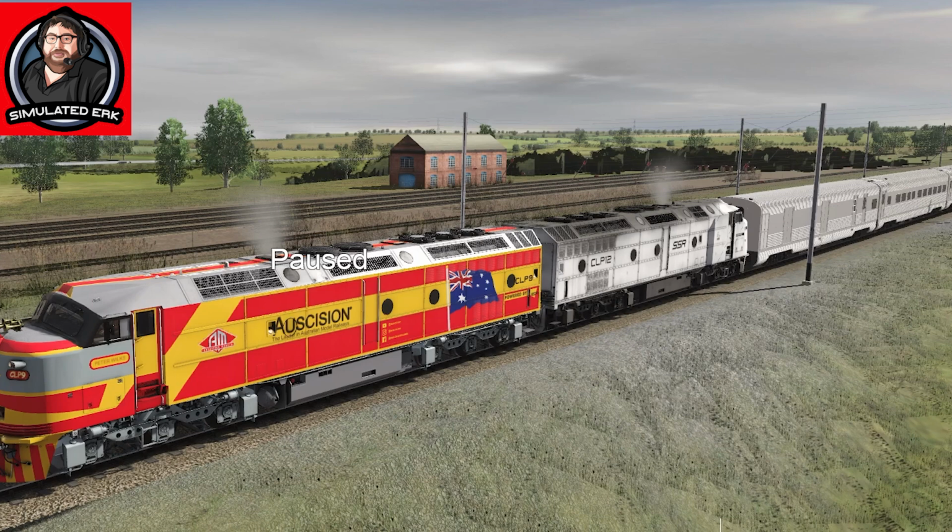I have moved the train a tiny bit. It's not necessarily easy just to say, okay, I want CLP 9, I want CLP 12, I want a group of Indian Pacific cars, and I want to go from King's Cross to Newcastle in England, of course, not King's Cross in Sydney to Newcastle in the Newcastle Hunter region of New South Wales. But this will have to do for a moment. So this is a test. I do have an Australian looking scenario loaded and downloaded, and the fact that we're even at this point, to me, compared to my previous experiences, is fantastic. So let's unpause